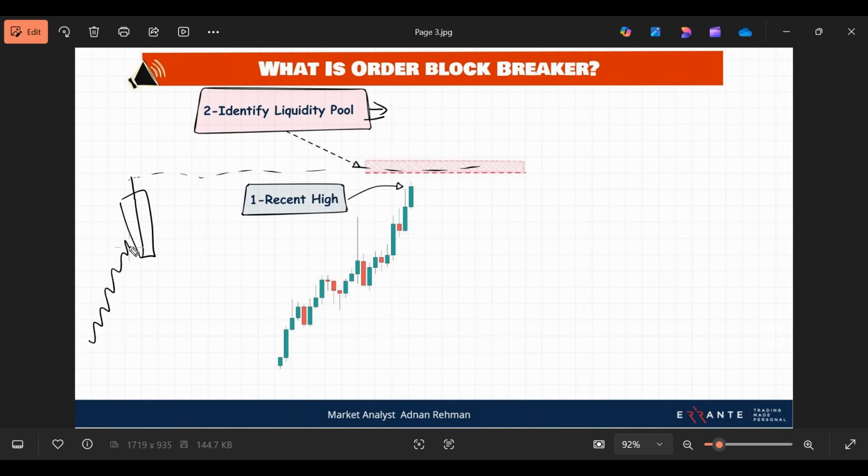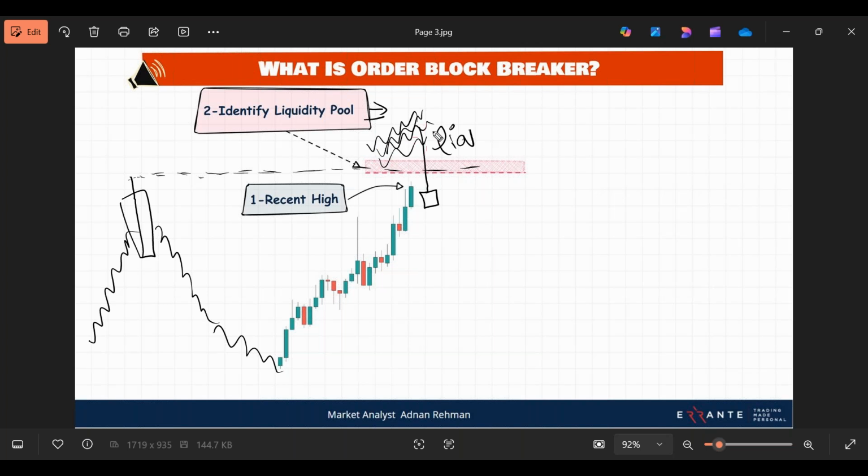For example, the market is going up and then falls downwards and then starts to move up again, so this area over here is your liquidity. I won't go into details, I've already explained earlier. So once you have found your liquidity, you must wait for the market to go and tap into this liquidity. After tapping into this liquidity, it must come down as well. It's not that it has to stay up. You have to come down below the liquidity, because according to the liquidity concepts for smart money,